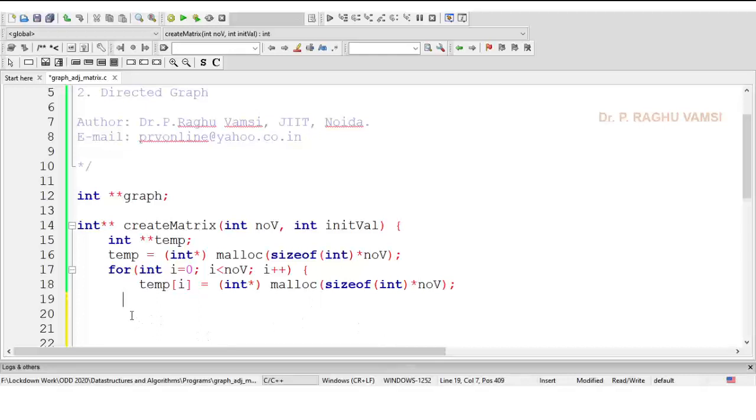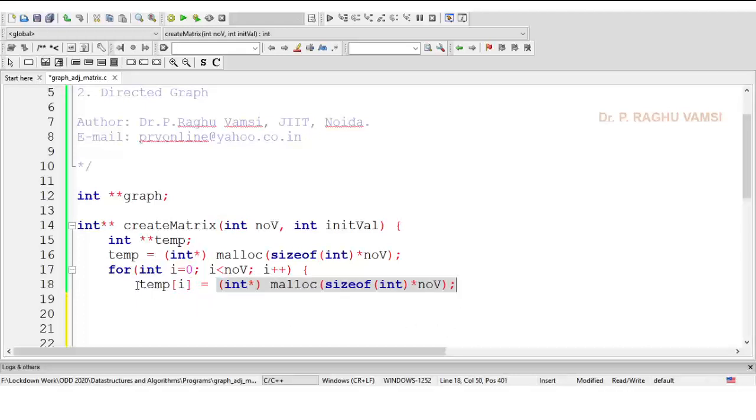For that, I am writing a for loop which traverses till the number of vertices, and for every row, memory of size number of vertices will be created.